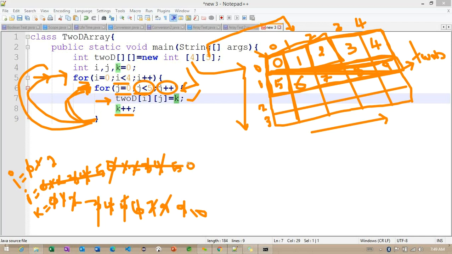This is the way the j value is going to repeat multiple times compared to the i value, because the j loop we made as a nested loop here. So the j loop is repeating multiple times compared to the i loop here. Now the values are going to be stored: 10 and 11, then 12, 13, 14, 15, 16, 17, 18. Some values we are going to get. Getting the point? This is the way the values are stored internally in the 2D array.